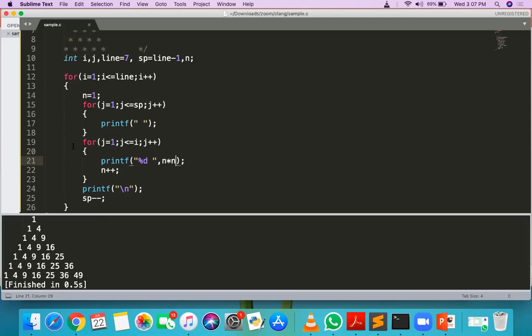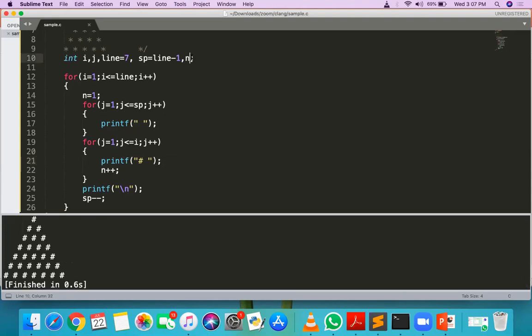If you know the structure of the program, then only what to print has to be changed. If I'm printing hash, then all hashes will be printed.